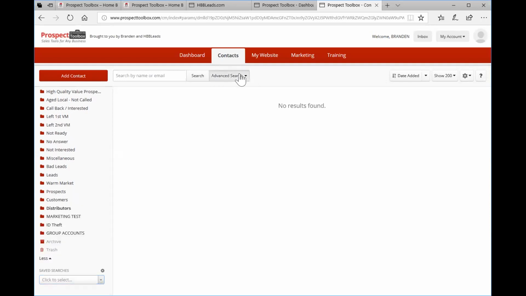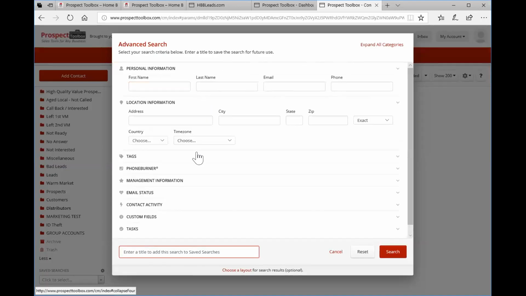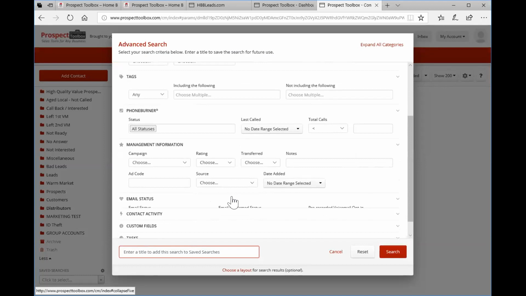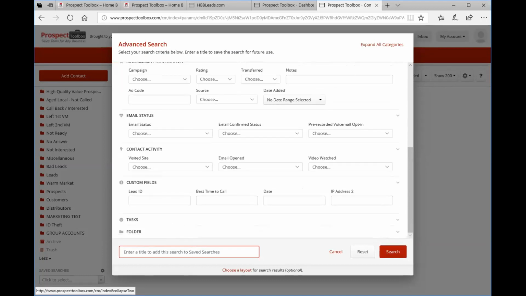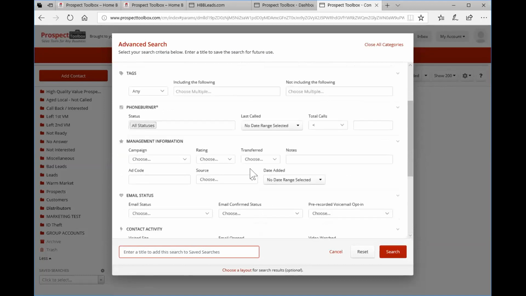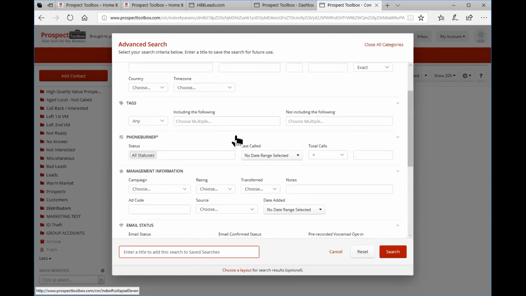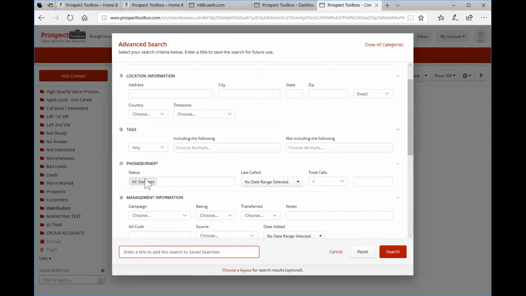And I'll show you this advanced search really quick. I won't go through all of this. I'm just going to expand everything to show you what you can search on your lead data. It is huge what you can search for. And you may not ever even need this, but visualize that someday you've added hundreds of leads to the system, maybe even thousands. And you want to find people that are in a certain state where you're having a conference coming up and you want to do a local promotion,